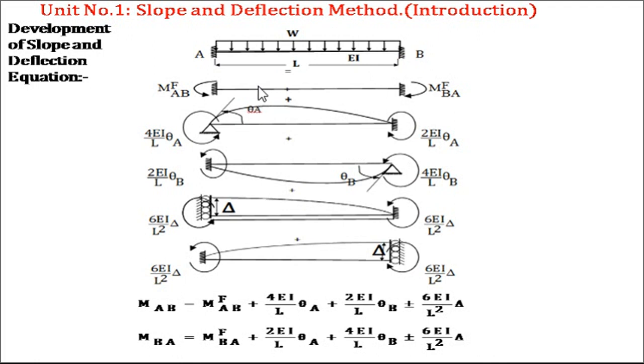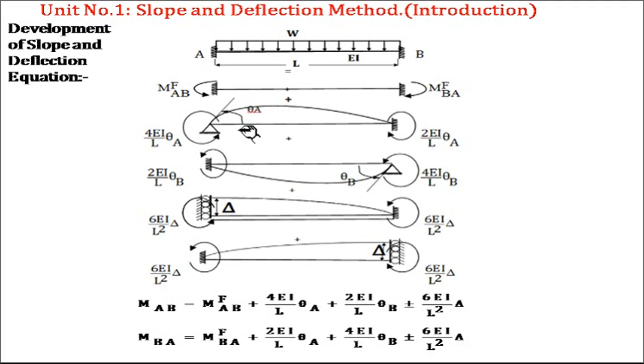In figure number 2, the fixed end moments are developed due to the given loading. MFAB is nothing but the fixed moment in member AB. MFBA is nothing but the fixed moment in member BA. Now, fixed moments are nothing but the moments which are resisting the given load. As the load is vertical, the fixed moment at joint A will be in anti-clockwise direction, and the fixed moment at joint B will be in clockwise direction.